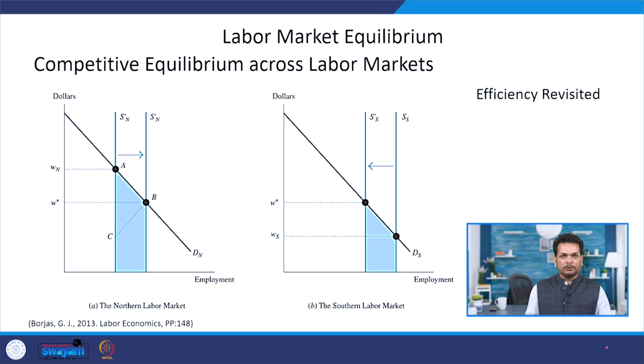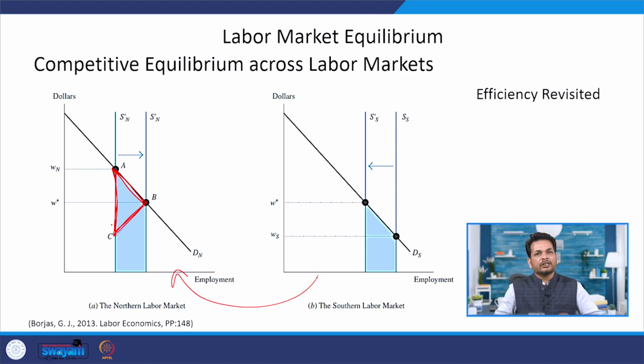So, when we look at these gains from trade, this movement of workers from one market to the other, in terms of efficiency, we can see that the absolute efficiency in the economy increases by this triangle. The surprising implication of our analysis should be clear: through an invisible hand, the workers and the firms that search for better opportunities accomplish a goal that no one in the economy had in mind, an efficient allocation